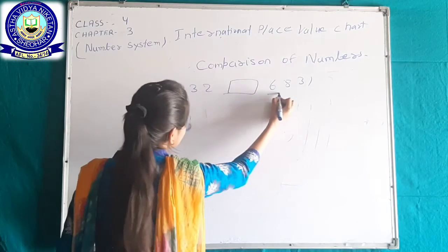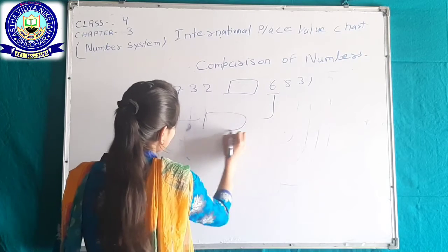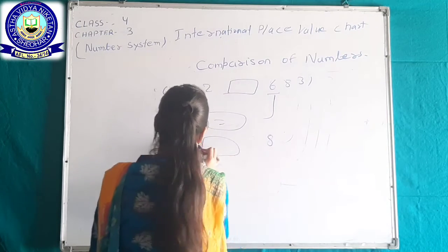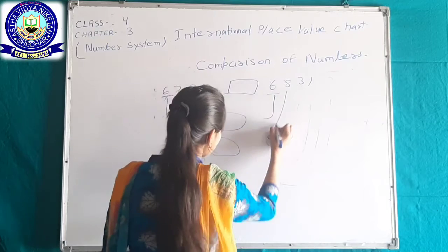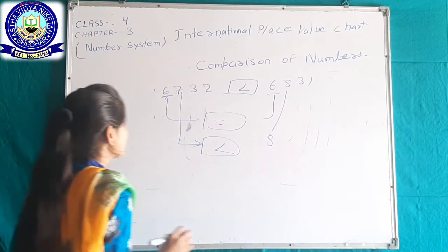Compare between these numbers. The first digit is 6 and 6. Here is 6 and here is 6. Both are equal. Here is 7 and here is 8. 7 is less than 8 and 8 is greater than 7. So 6831 is greater than